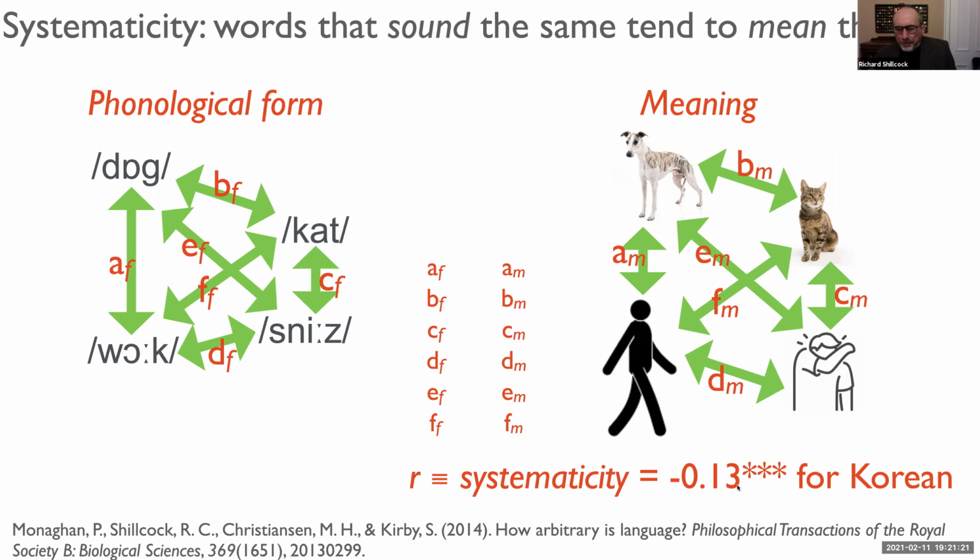Remember, if we square the number here, we get the percentage of all the variance that this accounts for. So squaring this, it's something like 1.6, I think. So you're only accounting for a very tiny 1% or so of the variance of all of the relationships between the form of words and the meaning of words. So it's not a dramatically large kind of systematicity, but it is still interesting and important. So let me move on now.